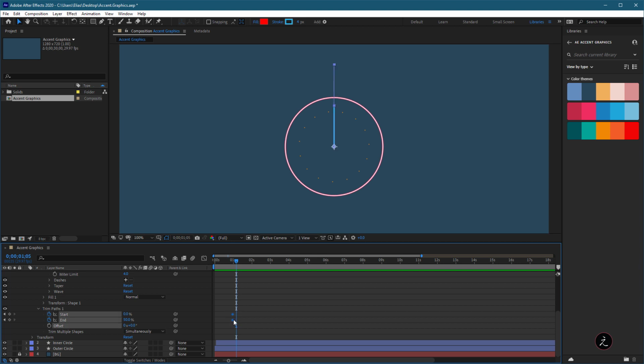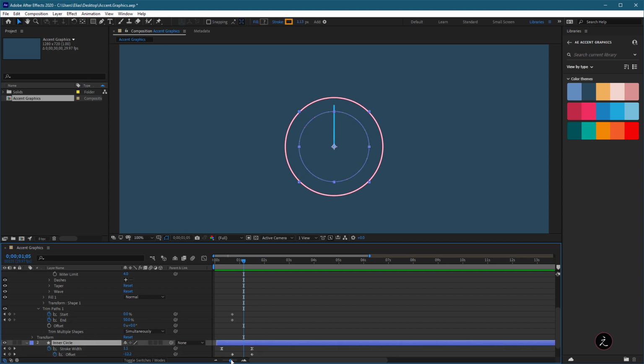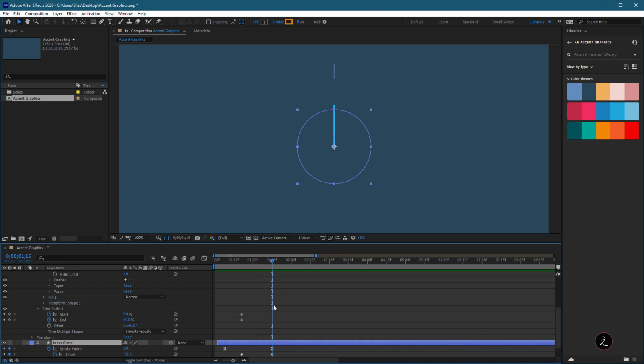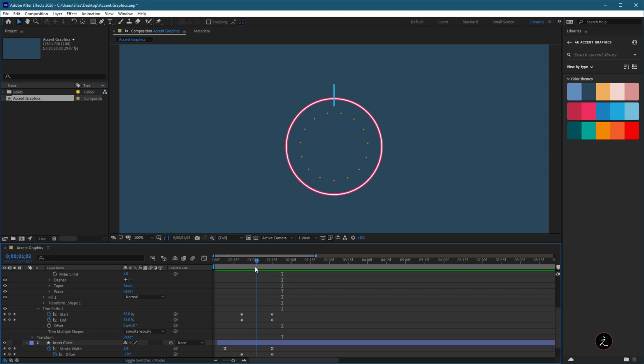All right. So we need to play with the timing here. So when is it going to be the next one? Let me target this one and press the letter U to make sure that I can see where the keyframes end. So I'm going to press the letter K to go to these keyframes and set the start to 100 and 100. This is not correct yet. So let's see how it works. There we go. It's a little too slow, but that's okay. We're going to fix that.